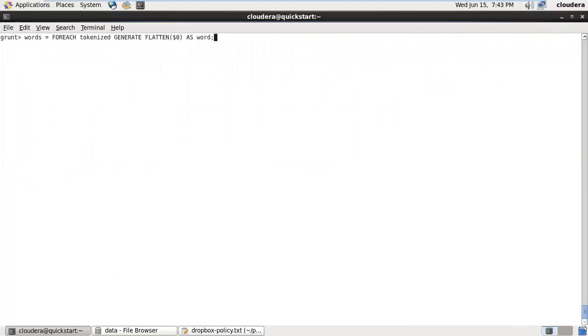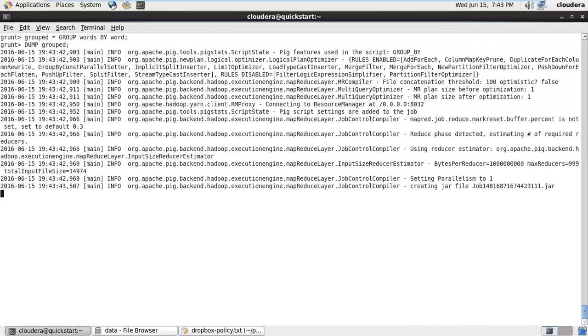grouped equals group words by word. I have only one column that is named word, and my relation name is words. So if I dump grouped